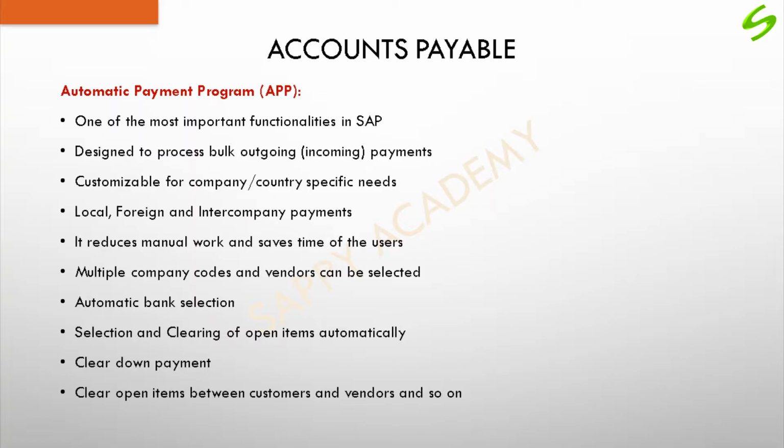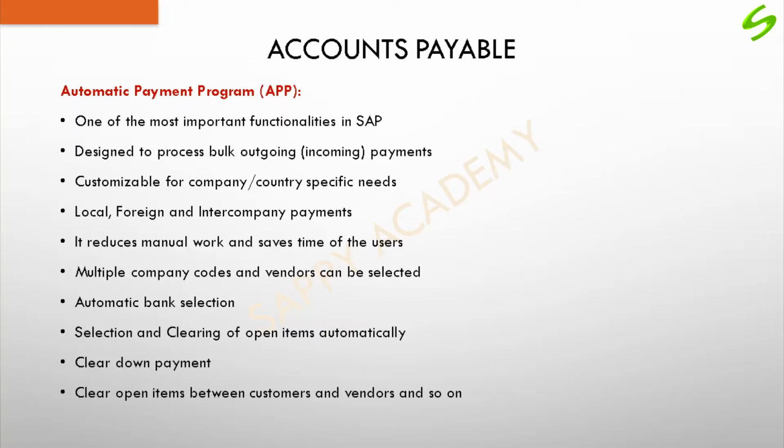It handles payments for multiple company codes and vendors at a time. Meaning when we process the payments using APP, we can select multiple company codes and multiple vendors in one payment run. We'll see that in an example later. And the other thing is, it selects the banks automatically from which bank the payment has to be made. We may have multiple bank accounts, but we do some configuration in the system so that system can select the bank automatically. The company's bank from which we are paying and also the supplier bank from the business partner master record.